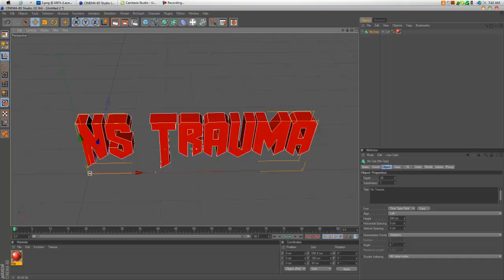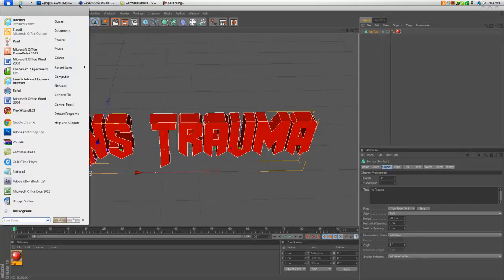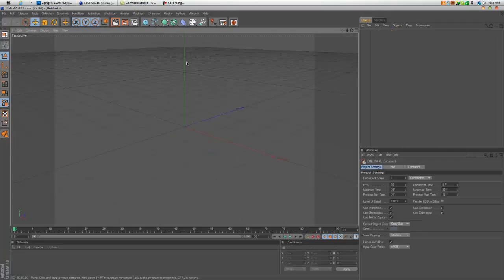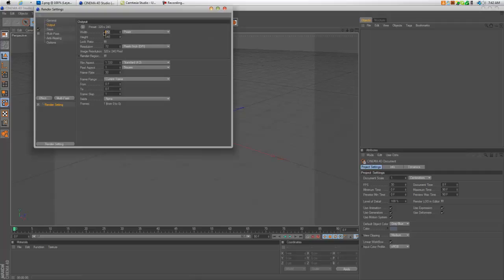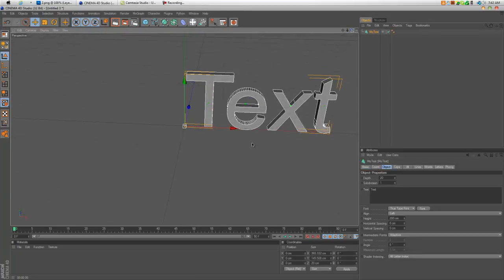So first thing we're going to do is open up Cinema 4D. I already did that up here. You open Cinema 4D and make a new file. Okay, so this is what you see when you open up Cinema 4D. You're going to click here first and change your render settings to 1280 by 720. Exit out of that, and then go to MoGraph, MoText, and then you're going to